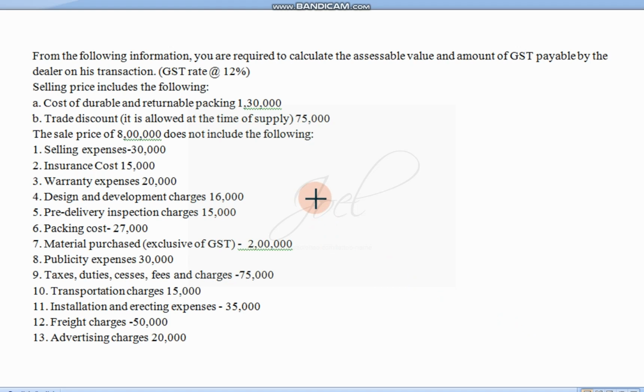Now, in today's class, we are going to work out two problems which are related to calculation of transaction value. Already I have told you in the previous class about the calculation of transaction value, how to calculate transaction value, what additions are there to the transaction value, what are the items we have to separate, we are not supposed to add, and what we have to deduct. So these items we have discussed in the previous class.